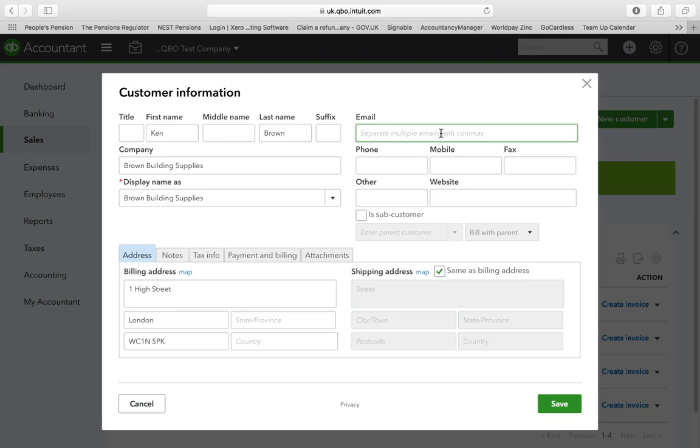And it's really good because you don't have to do things twice then. There's no saving the invoice as a PDF then emailing it as an attachment through your normal email like Outlook or Hotmail, etc. It does it at the same time from within QuickBooks. And another good thing is that you can actually see when your client has opened the invoice. So when they say, oh, I've not received the invoice, that's why I've not paid you, you can actually check and see if that's a little fib, because you can see the time and date when invoices were viewed and opened. So for this example, I'm just going to put my email address in,